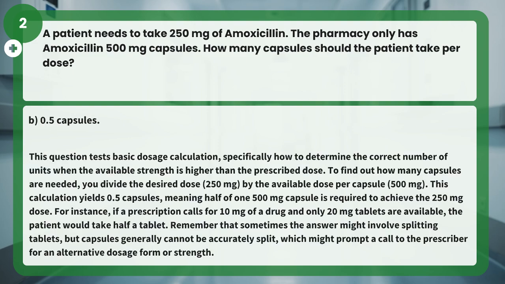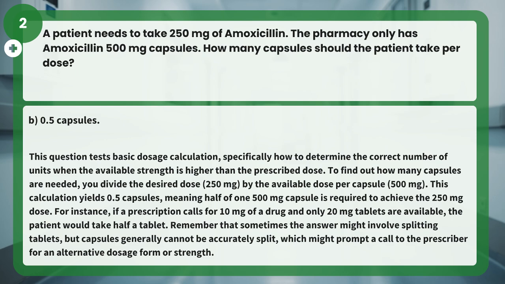Answer B. 0.5 capsules. This question tests basic dosage calculation, specifically how to determine the correct number of units when the available strength is higher than the prescribed dose. To find out how many capsules are needed, you divide the desired dose, 250 mg, by the available dose per capsule, 500 mg. This calculation yields 0.5 capsules, meaning half of one 500 mg capsule is required to achieve the